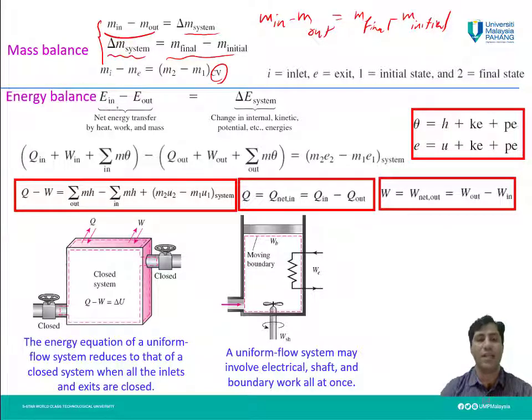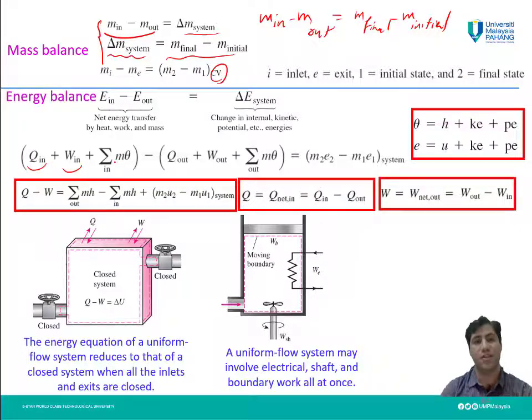What are the E into the system? E into a control volume is equal to the heat which is transferred to the control volume, or thermal energy, work which is done on the system, or W in, plus summation of M theta, which was introduced in previous sessions,